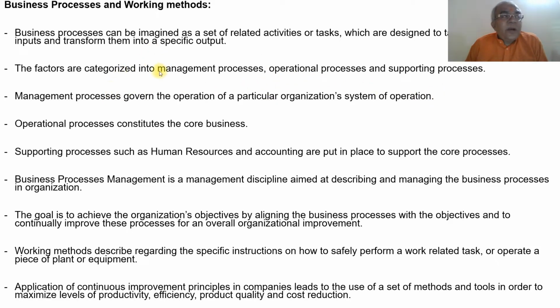That means, for example, if you take a proprietorship company, then the organizational structure will be a proprietor. Then it comes to the manager. Then it comes to the engineers. Then it comes to the foreman. Then it comes to the worker level. Suppose you go to a public limited company or a private company, then you will get a director or a managing director.